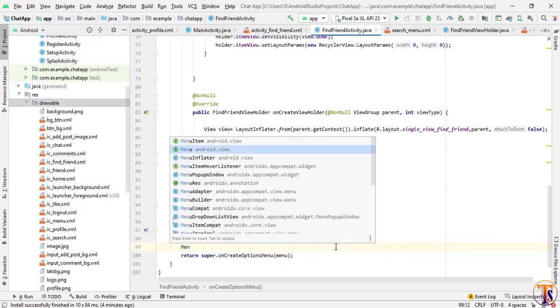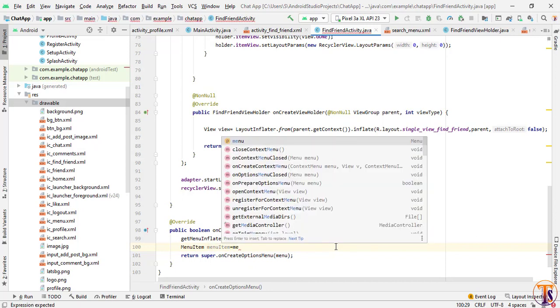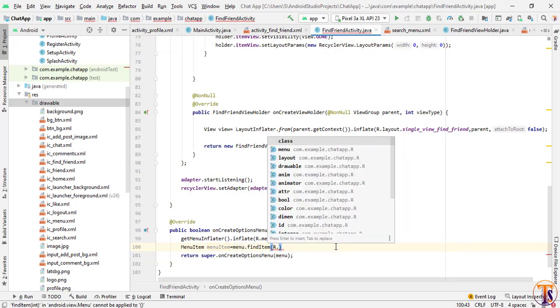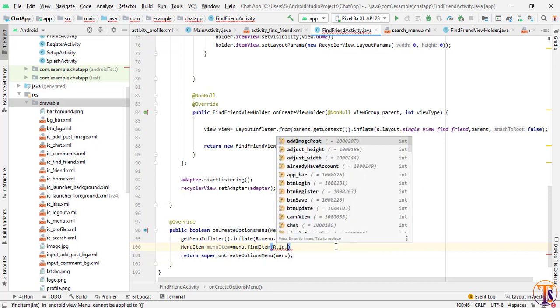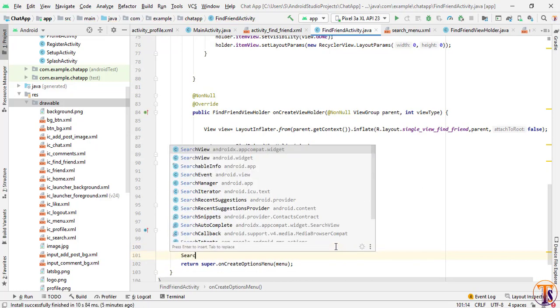So here I will create the menu item equal to menu.findItem, R.id.search, and we need to create the search view here.